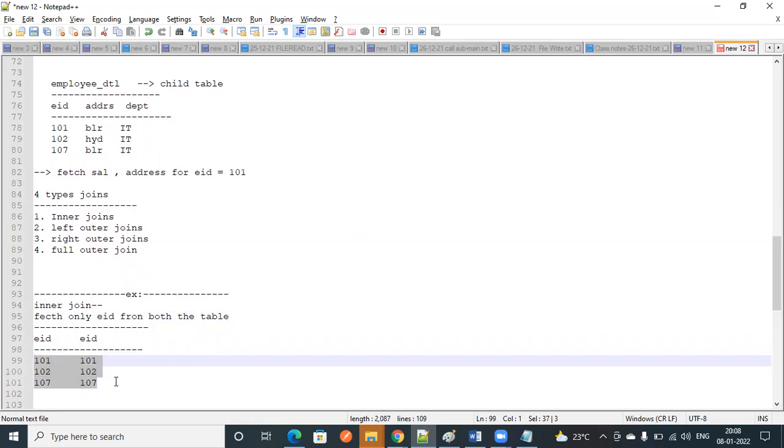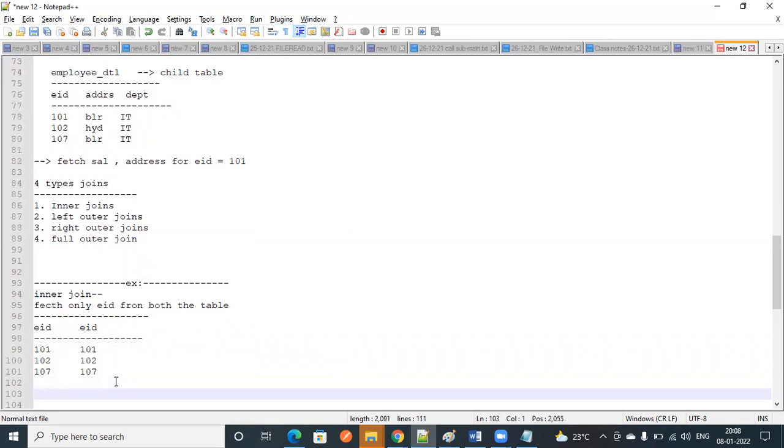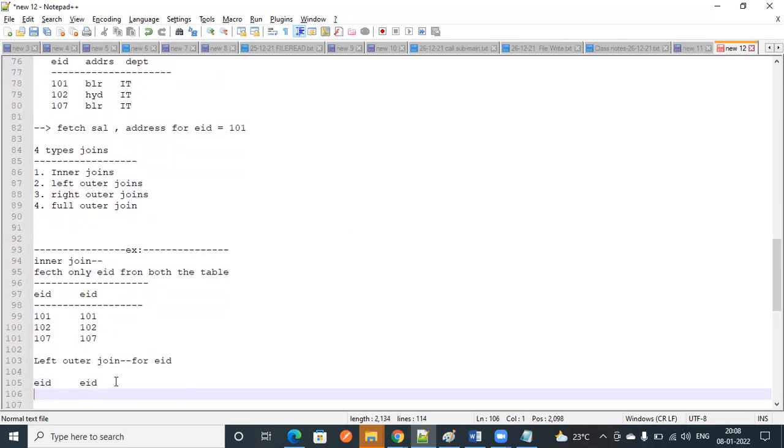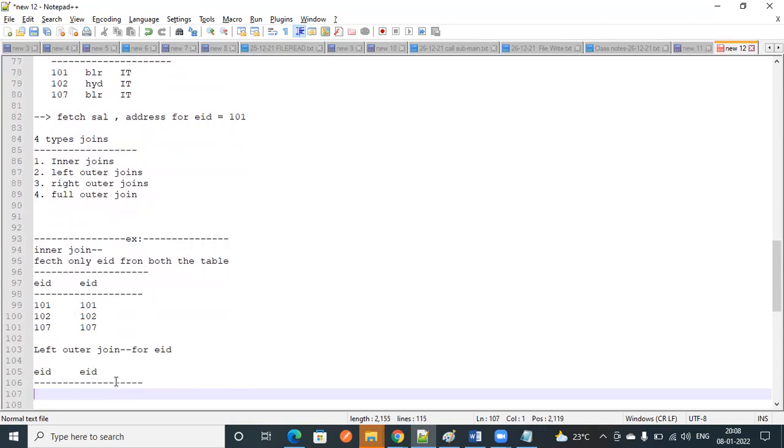You will get it. Suppose you use left outer join for employee ID and employee ID. What is the theory here?